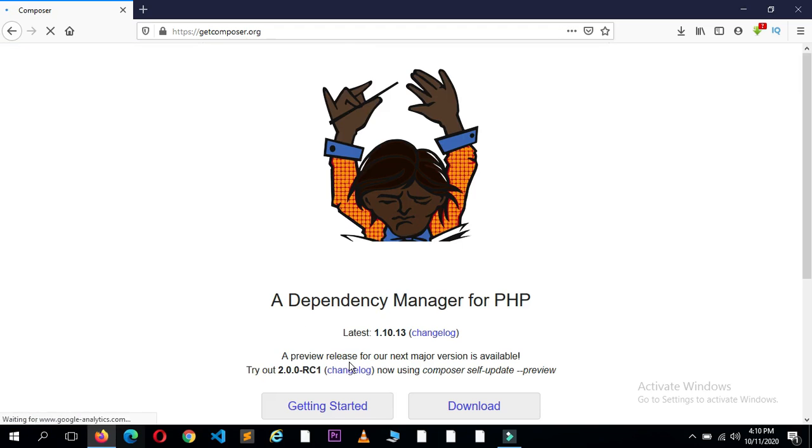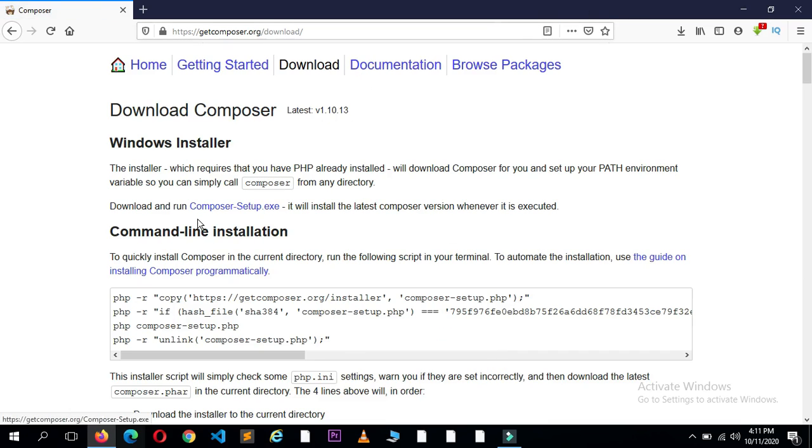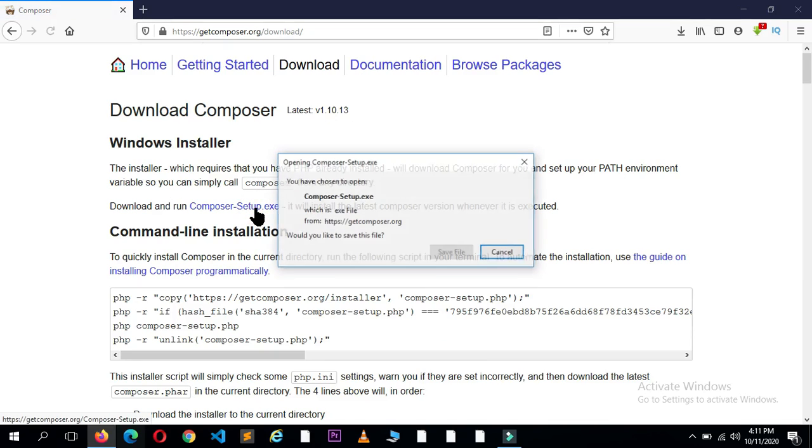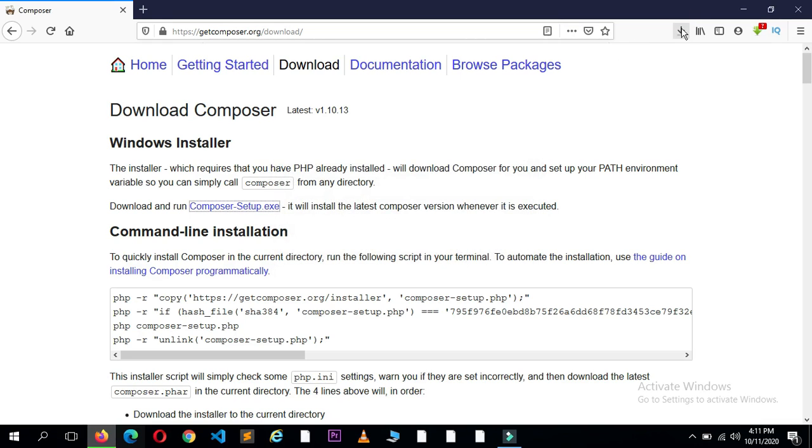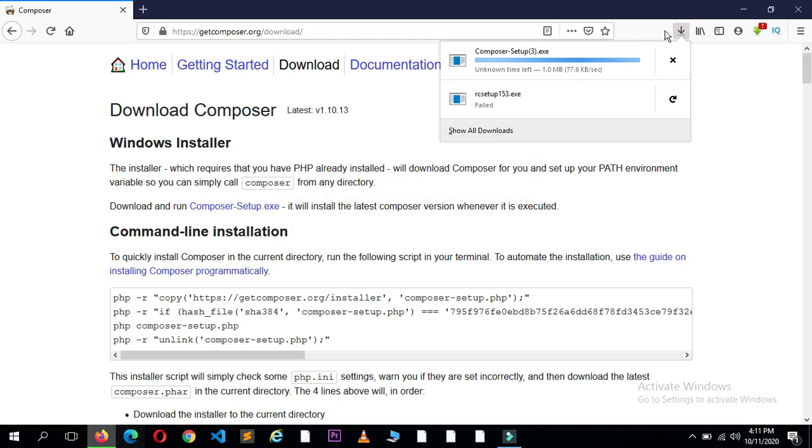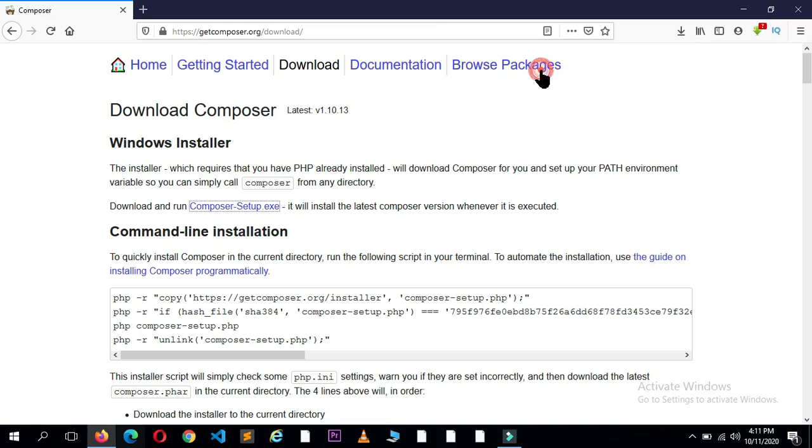Simply click on download, or you can access this site getcomposer.org, or you can download it by clicking on that, and you will simply click on the Composer-Setup.exe and save the file. It's pretty simple, and now you can see that it's being downloaded. It's just 1 MB or 2 MB, so you don't have to worry about the size. So you will click on that, open the file,